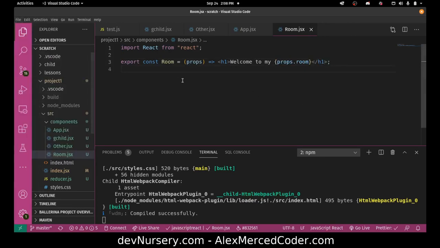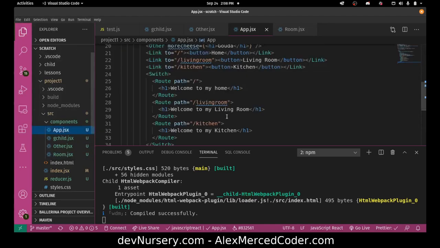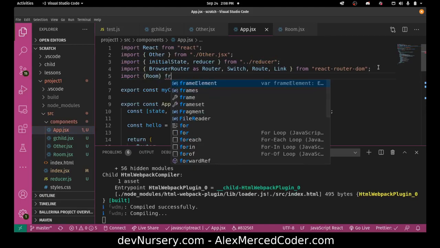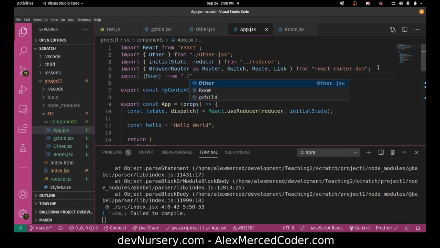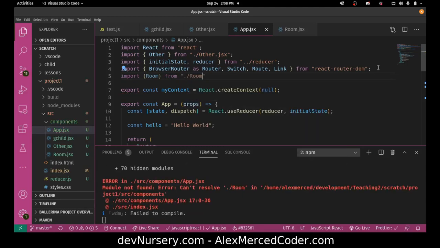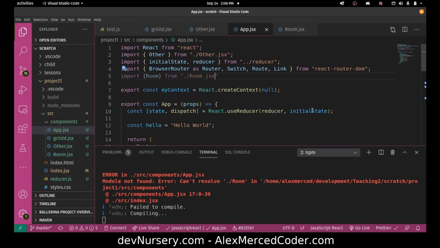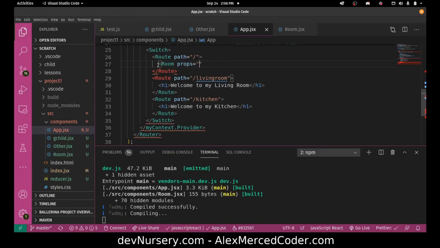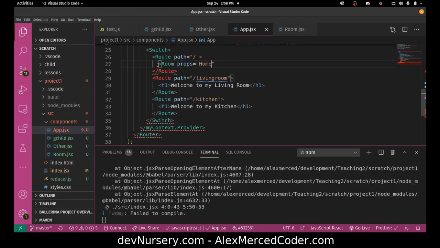That's literally it. Okay, so now I'm going to go back to App, import that component, import Room from /room.jsx. Okay, and then let's change these out. So Route here, we're going to say this is now going to be Room, except now the props equals home. See how did I word that? Welcome to my